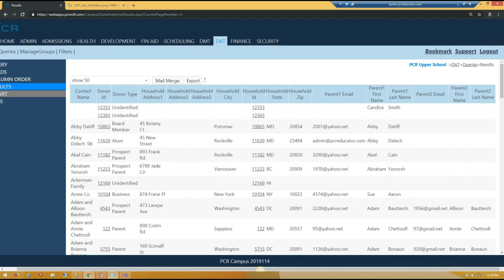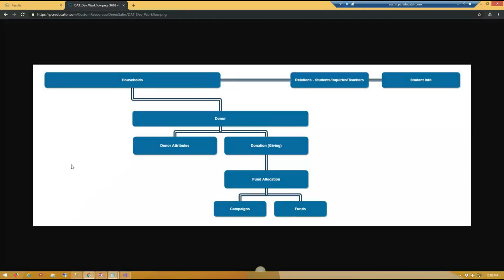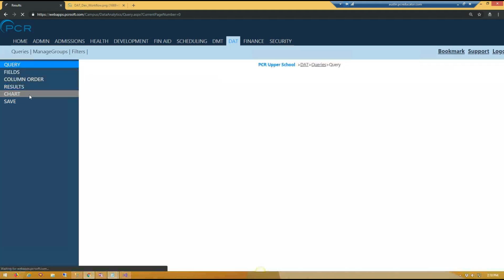Let's say that now I want to add the donation information, because of course my query is to find all the donors and the donations. So where do I go next? Let's pull up the diagram again. It says that in order to get donation information, I have to connect it to the donor table. So if I go back to my query,